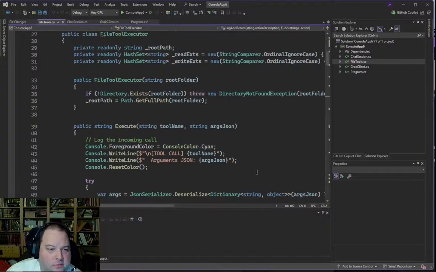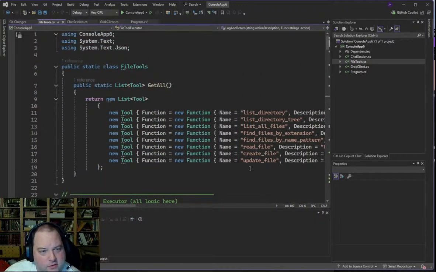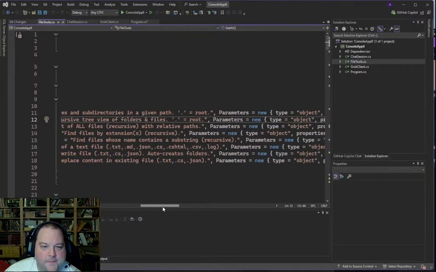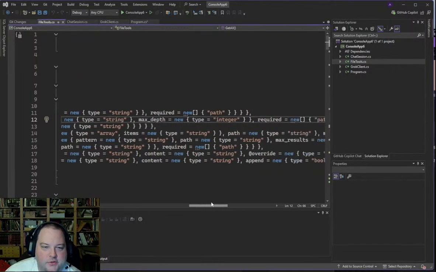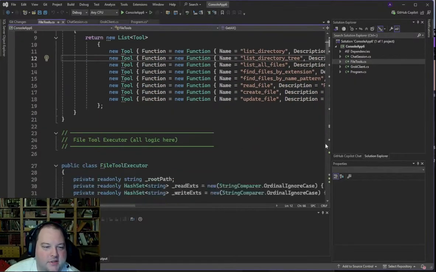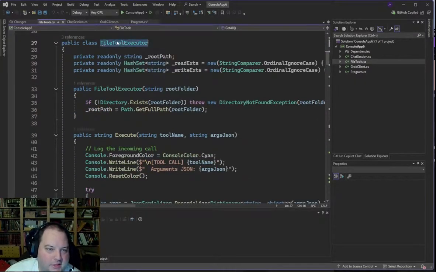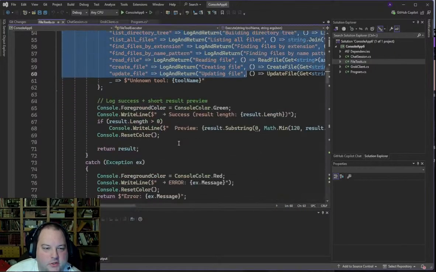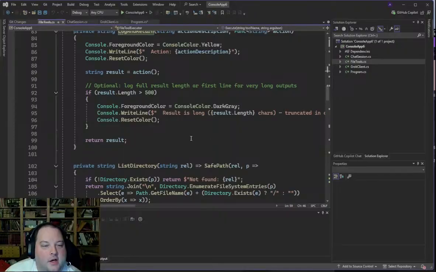And then of note, probably the most interesting bit here is the tools themselves. Not because they're anything fancy, but because they're actually really simple utilities. For my example, I'm just wrapping file I/O calls. So read file, create file, update file, get files with extension, get all files in a directory. I'm passing the tool configurations to Grok, telling it what parameters it takes, and then the tool executor will expect that tool name and in turn call whichever function and log it